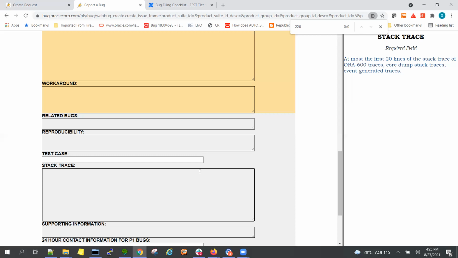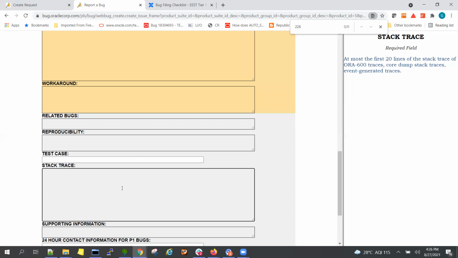Next one, the stack trace. This stack trace will not be optimal for a query performance issue. This stack trace will be optimal for specific errors like ORA-600 or 7445. Okay, some hang issues, like concurrency issues, where you get a hang and a blocker session is waiting on something, and that blocker session is blocking almost thousands of sessions. In such scenarios, when you get a function call stack trace, copy that and put it here, and give some more detail about it.